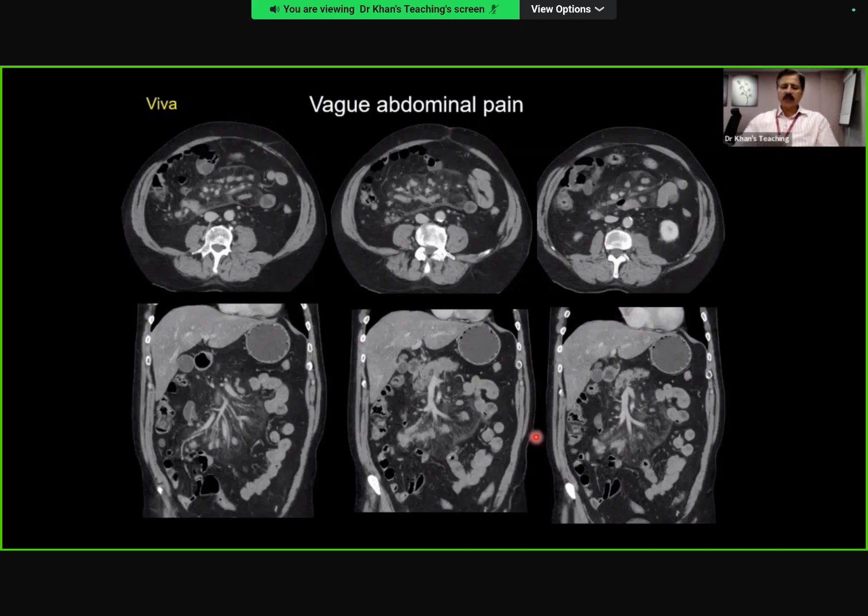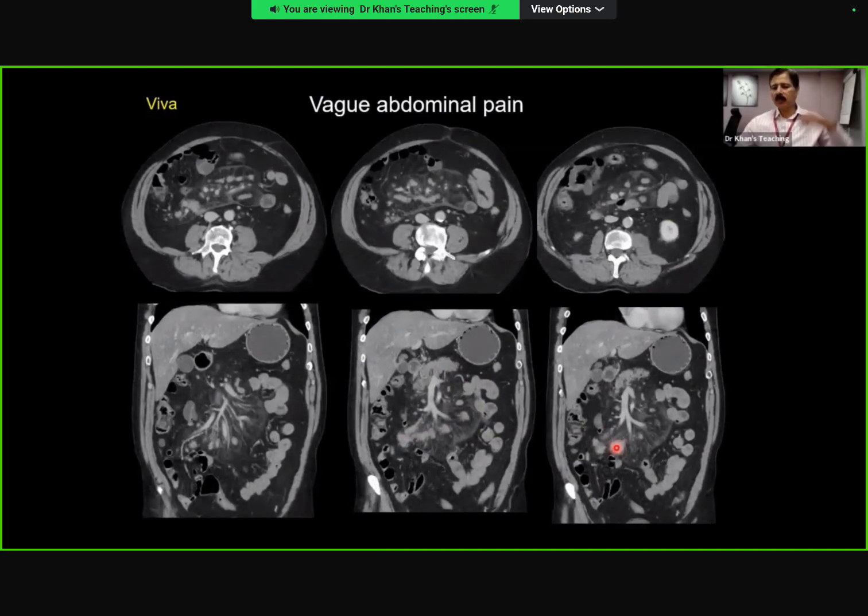cases. And here, the take-home point is that the classical description in the misty mesentery is that you will see fat surrounding the vessels, but the fat will not displace the vessels. Another thing, please remember, the concept of the misty mesentery is that there is a bit of fat necrosis. And you can see these soft tissue nodules. Radiologically speaking, they look like lymph nodes, but they might not be lymph nodes because they are foci of necrosis